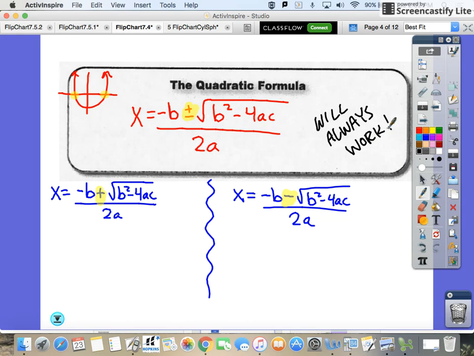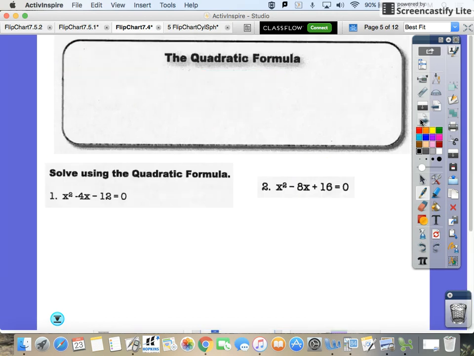This is my go-to tool. If I can't factor it really easily immediately, I just go straight to the quadratic formula and I don't waste any time dilly-dallying with the other stuff. So just go to the quadratic formula. Here we have x equals negative b plus or minus the square root of b squared minus